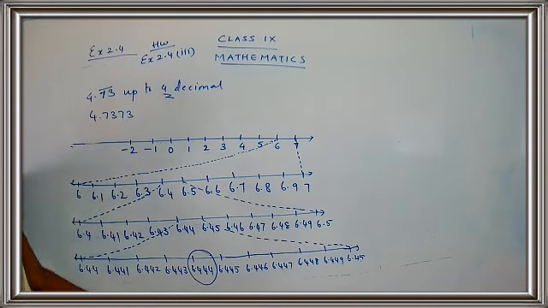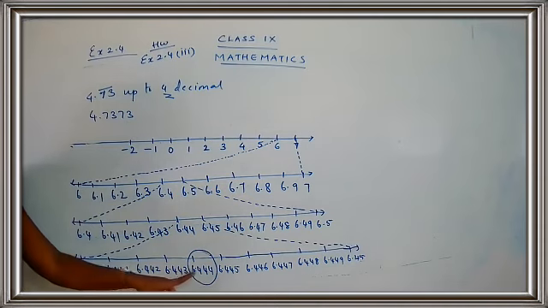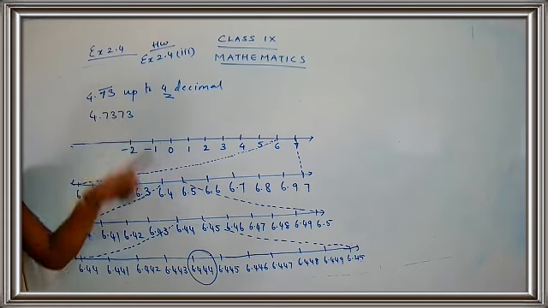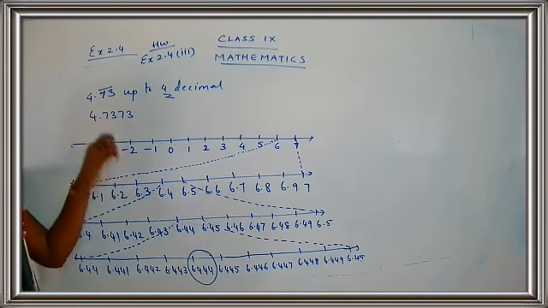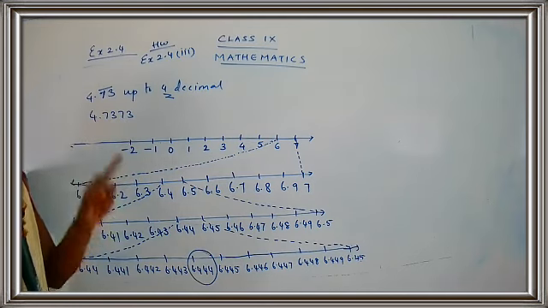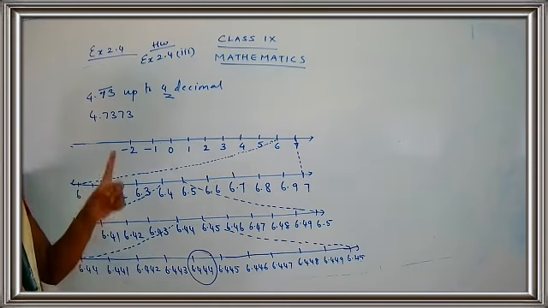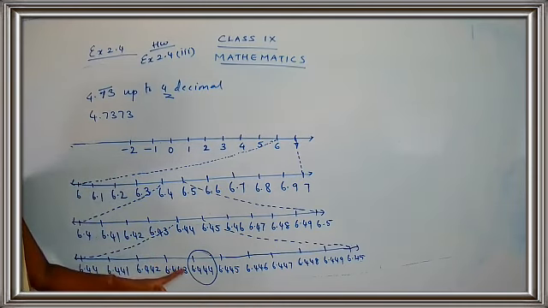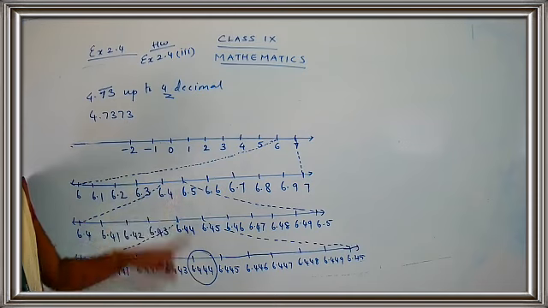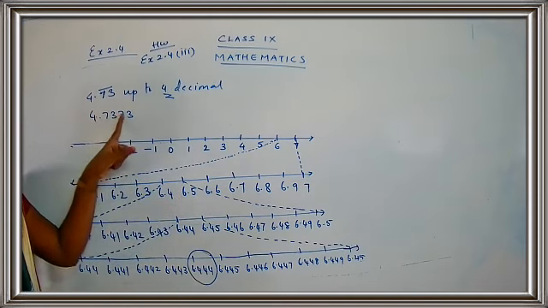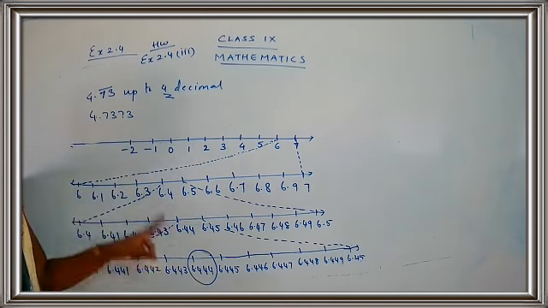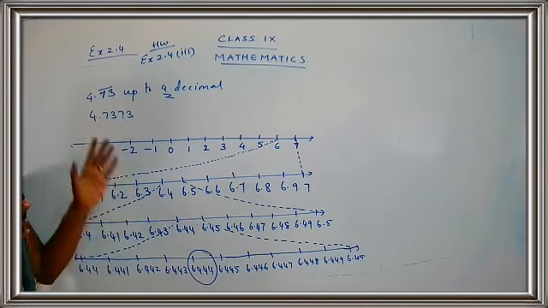So you will have one more line. For 3 places we got 1, 2, 3 lines. For 4 places you will get one more line. If you have 3 places after the decimal point, you will get a total of 4 lines. 1, 2, 3, 4 means 4 numbers. 1, 2, 3, 4, 5 means how many lines you will get? One more line. That's all. And the remaining method is the same.